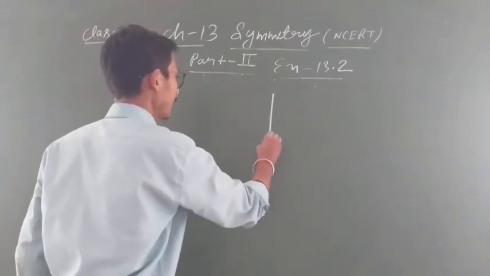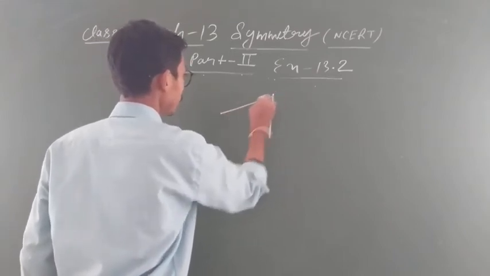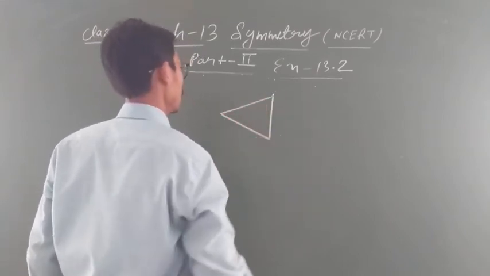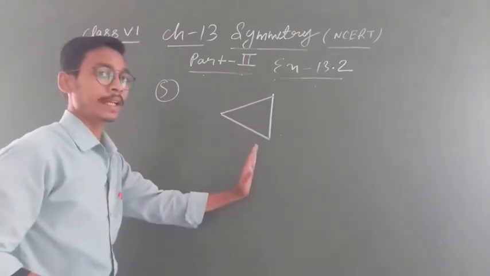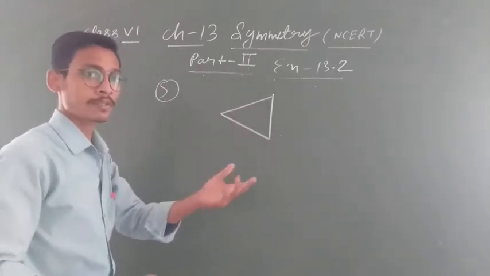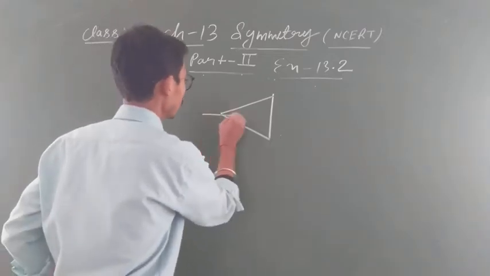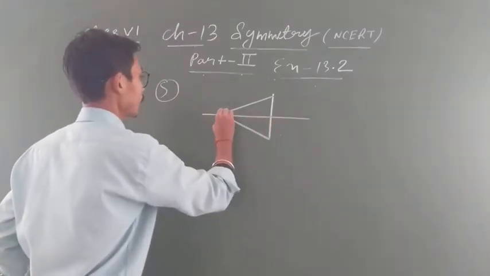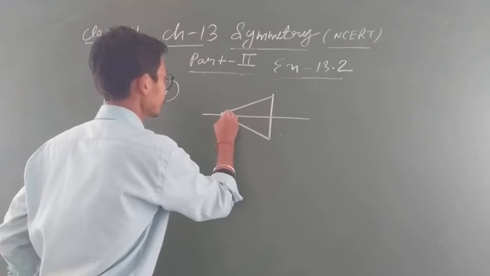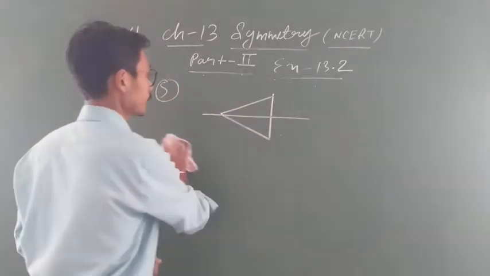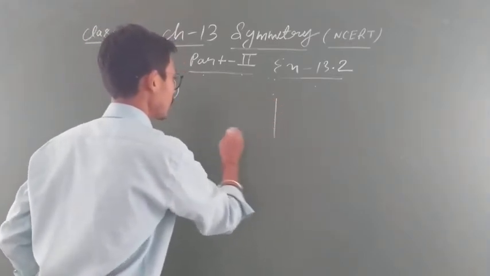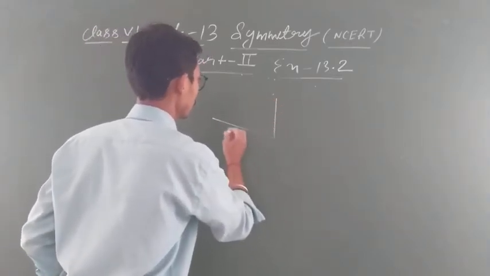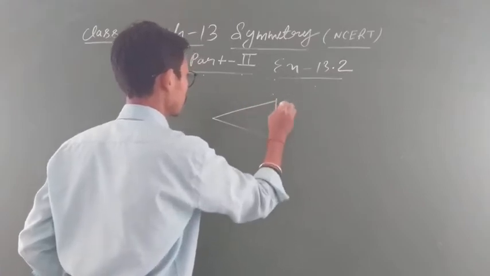If you draw the triangle like that, the triangle will be isosceles. If you draw the triangle like that, here if you draw the vertical line, it is not possible for a line of symmetry. You will draw this type of line. So देखो here you can see. देखो once again I am going to draw. जैसे, a horizontal line of symmetry you have to draw. So you will draw the triangle.